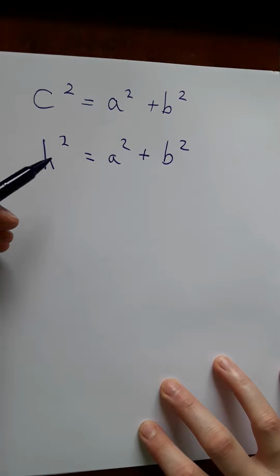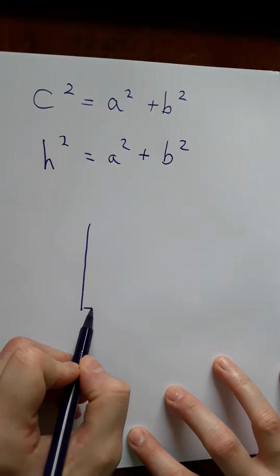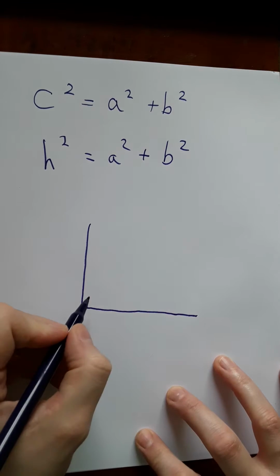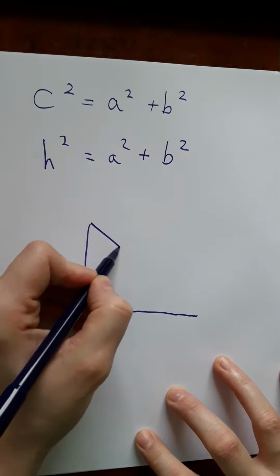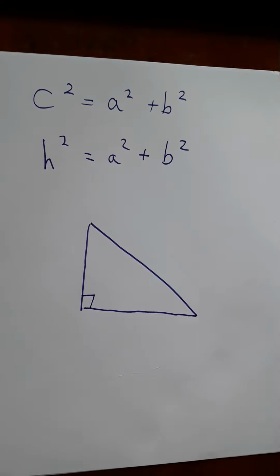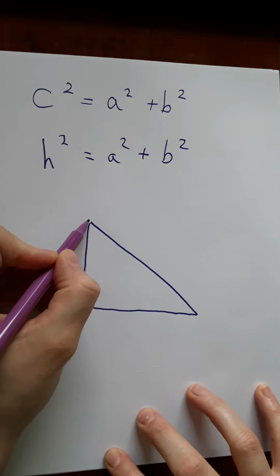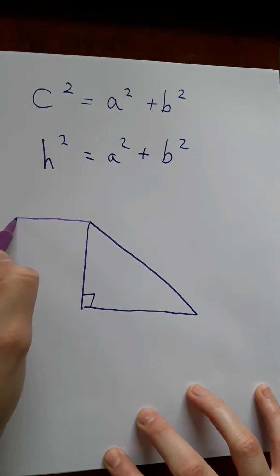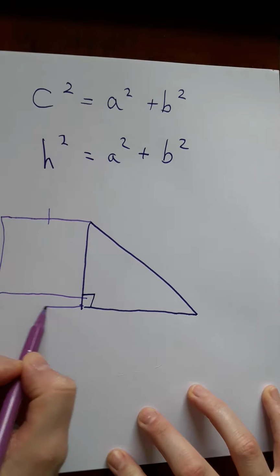Okay, now what this means is if you have a right angle triangle, and it does only work for right angle triangles, so we're going to have a 90-degree angle in here, and we're going to join this up, and we have, again, a right angle triangle. What it states is, if you measure this length and create a square, oops, that's really amazing drawing that is,